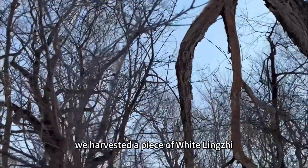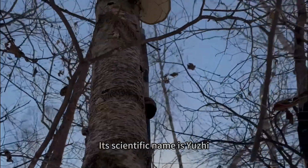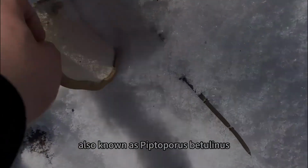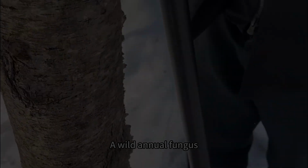On the way down, we harvested a piece of white lingzi. Locals call it tree-tongue white liver. Its scientific name is Yutzi, also known as Piptoporus betulinus, a wild annual fungus. It is a medicinal herb that can be brewed into tea,